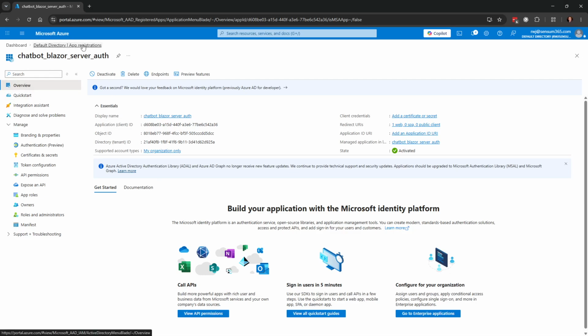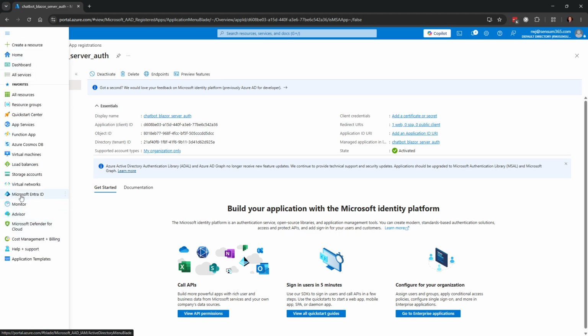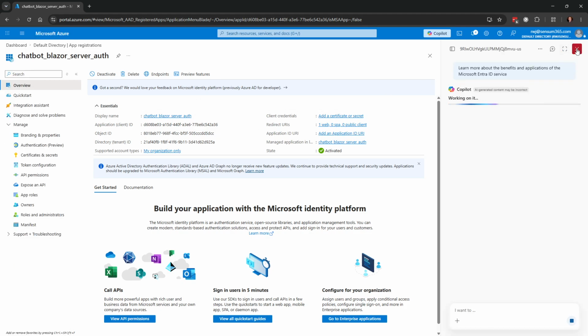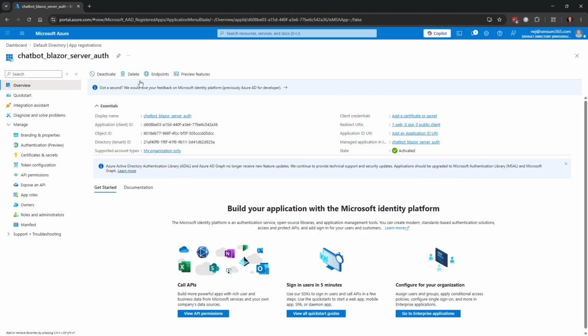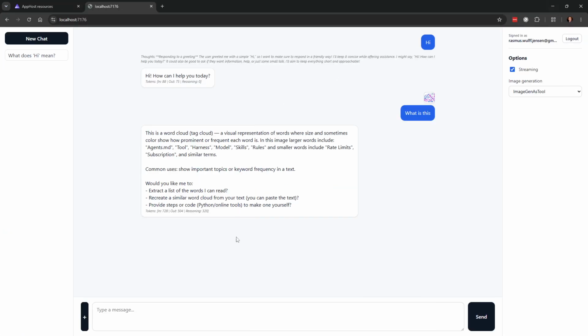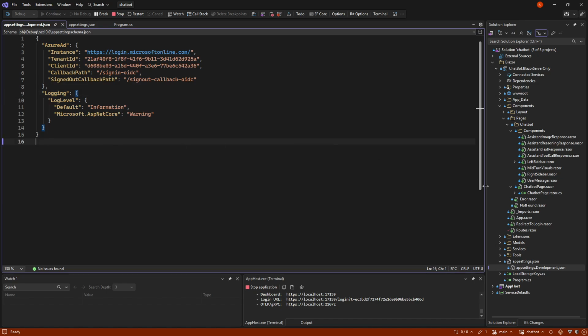So I just made an app registration like normal up in Microsoft Entra ID. And all I really did in this one was I made the authentication, and then I made one redirect URL. And right now it's only for my localhost here, and then signin-oidc. That's the only thing I did. I don't need to do anything with secrets or anything because it's Blazor server. It's very easy to work with here. So if we go back,